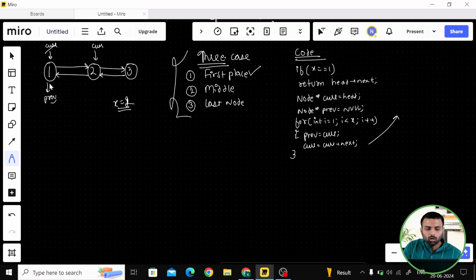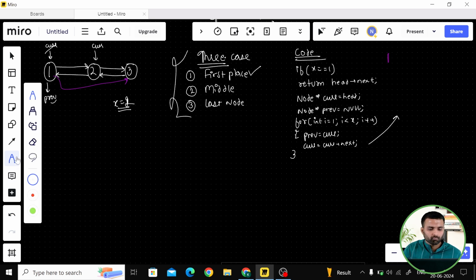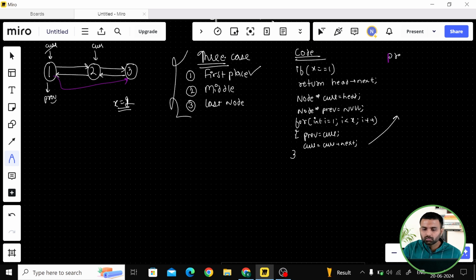So your previous is this. If I do this, previous.next will point to current.next. So here I have written previous.next equal to current.next.